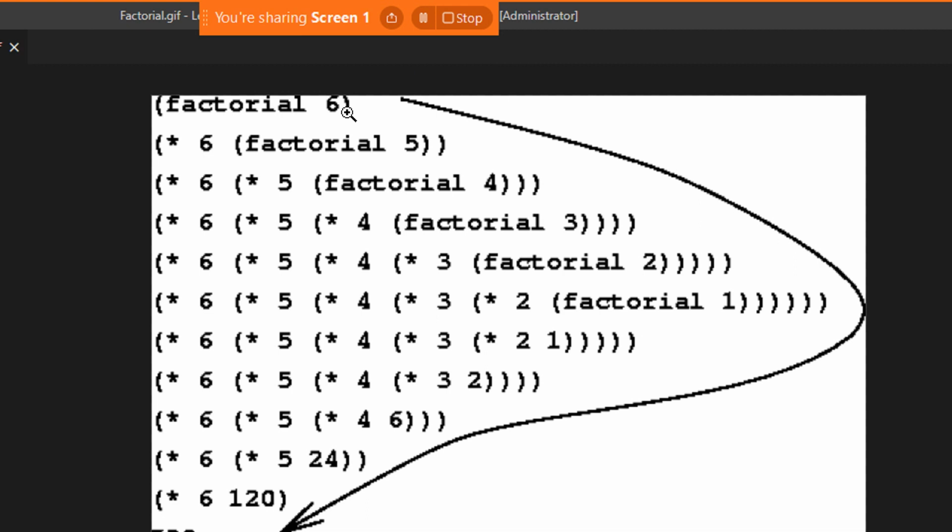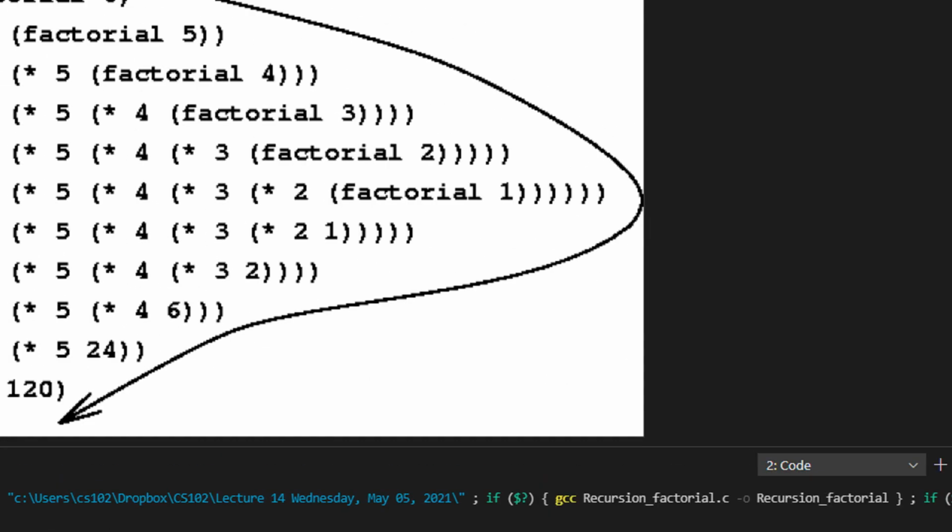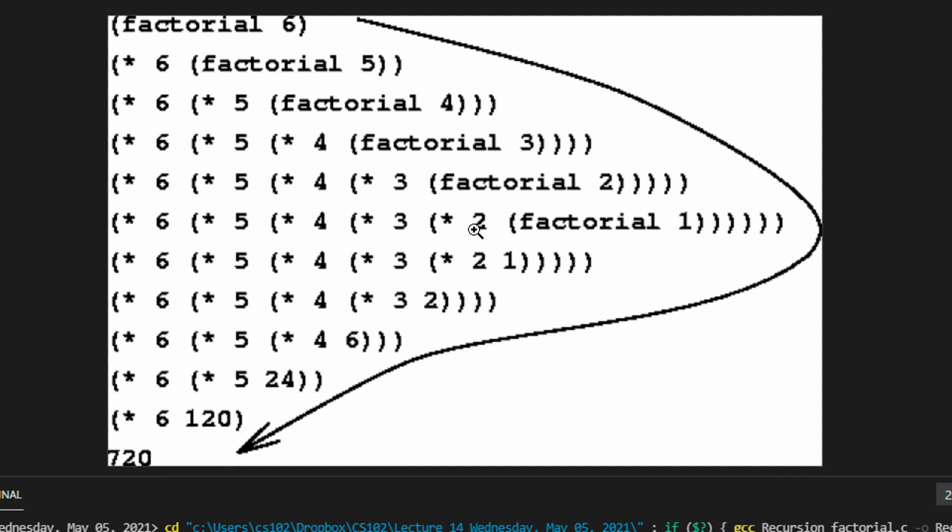So factorial of 6 was there. So n into factorial of n minus 1. So 6 is copied as it is, 6 multiplied by factorial of 5. Now you see it is only expanding factorial of 5. So what will factorial of 5 become? n, which is 5, multiplied by factorial of n minus 1, which is 4. Then you can see it has put another bracket, which becomes n, which is 4, into factorial n minus 1, which is 3, and so on until it reaches 2 into factorial of 1.